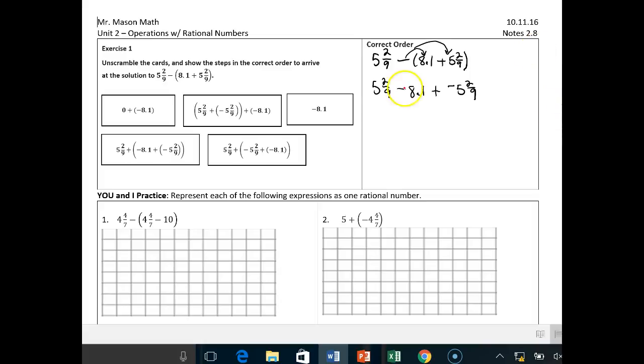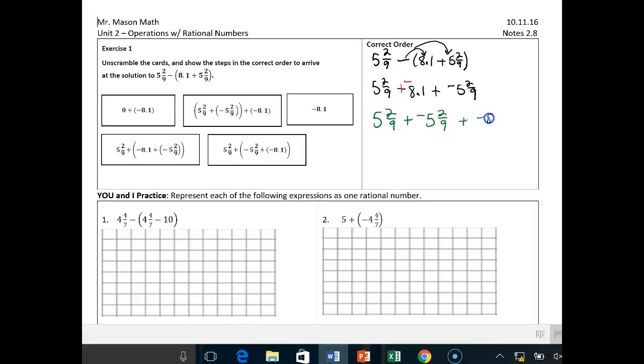First of all, we want to go ahead and say plus a negative there. We leave that alone because it's got a plus sign. And let's use the commutative property of addition to say, hey, let's put 5 2/9 next to 5 2/9. So let's use that. 5 2/9 plus negative 5 2/9